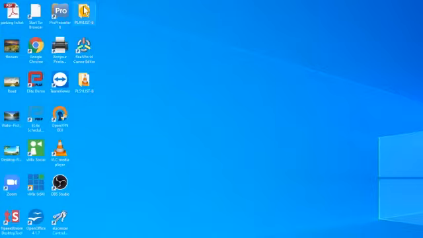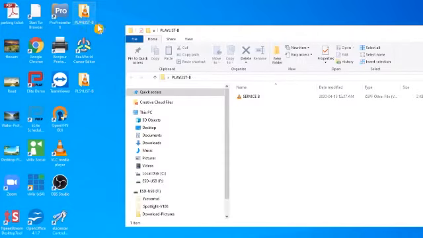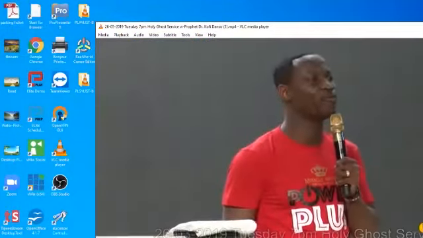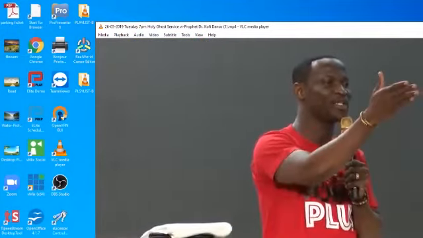I had saved it before. And now I can double click it and open it. And here is the file. Now this file has 3 separate files in it. When I click to play, you'll see it starts. And if I go to the end, it has a last file which you hadn't seen,